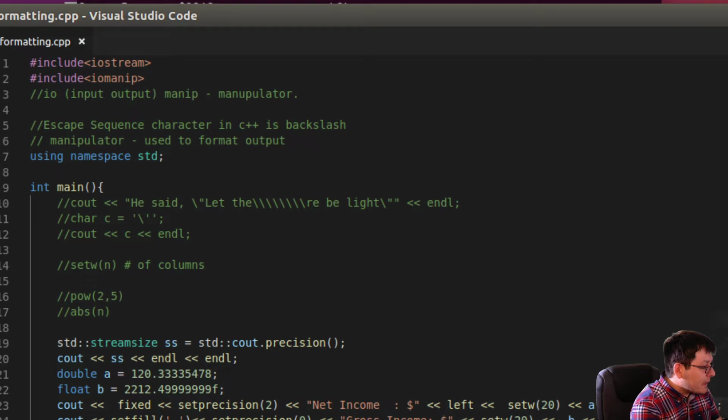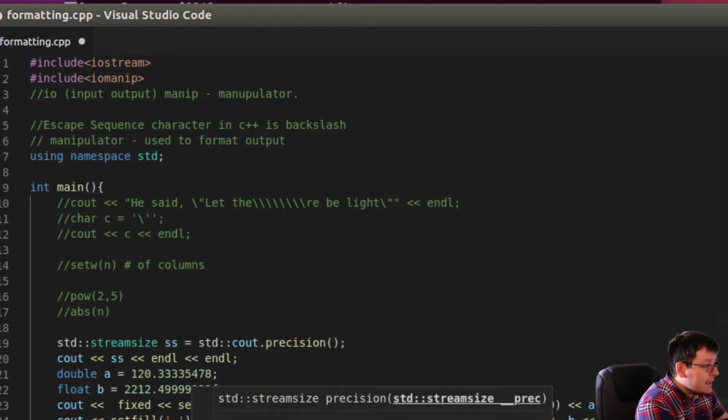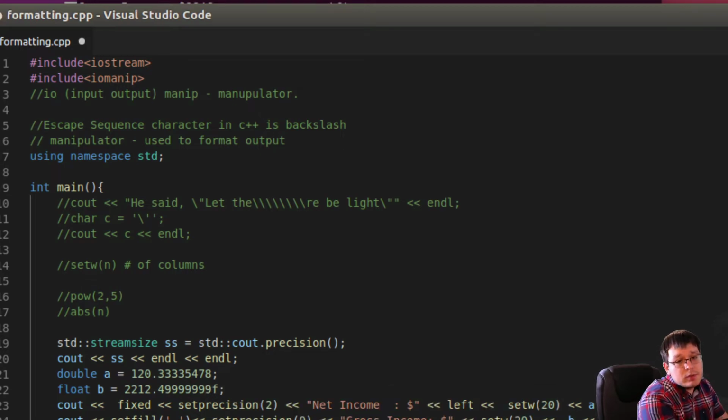So how do we switch it back? Well, we call the one function that we saw earlier, that precision thing. Well, we saw the cout on what was it, like setf or whatever. So in here we're going to go back and do precision, and then we can just pass it the SS, which should set it to 6 again. And so now, if we go ahead and recopy this line here,